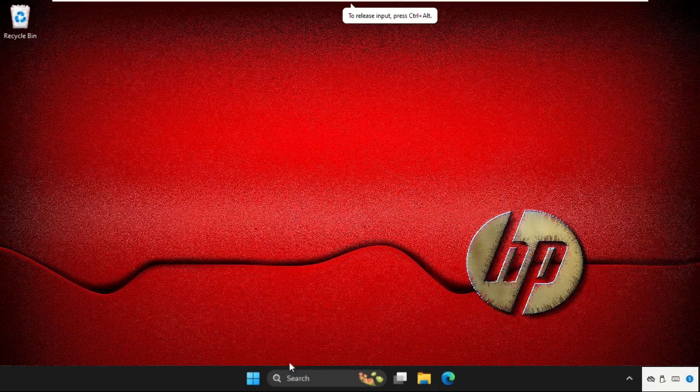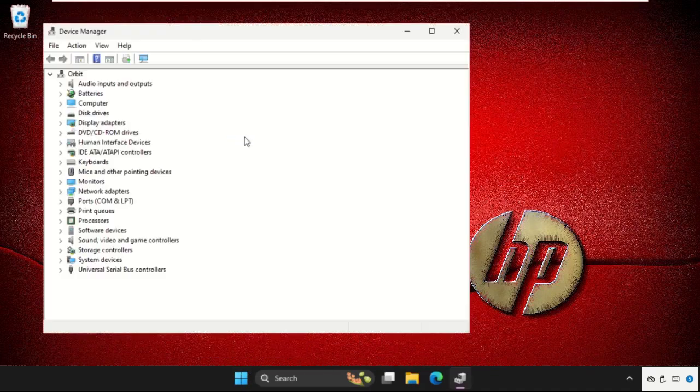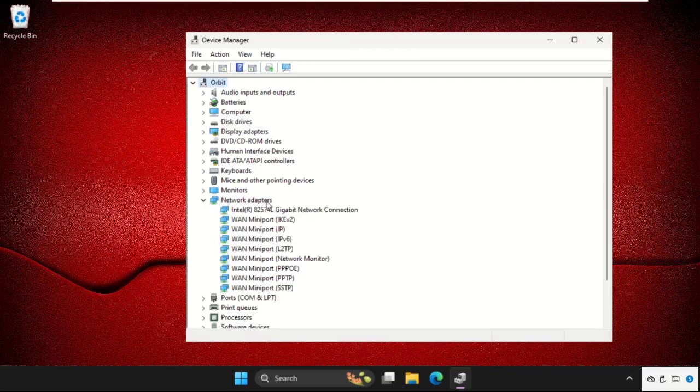Then we need to just go to device manager. Again, right click on the start icon and click on device manager. Once we are here, we need to expand the network adapters, then simply right click on particular connection, go to